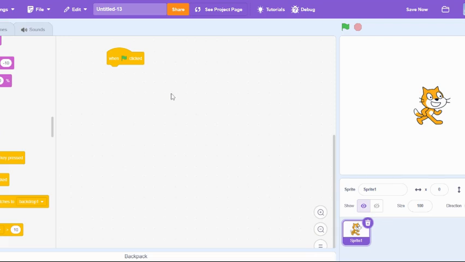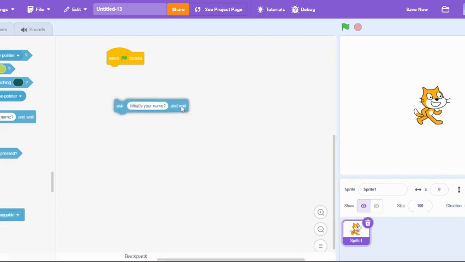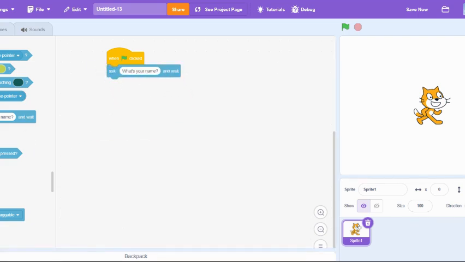So what I want to do is find out what we could do for a calculator. So there's going to be some questions that need to be asked. So if we choose this one, you see that I'm just bringing them over and attaching them to each other. I'm going to change this to what is your number for A? And I made a little mistake, so I'll get that R in there. And then your program says, this is what the cat's going to ask, sprite, and we're going to wait for an answer. So we have to now have a variable,